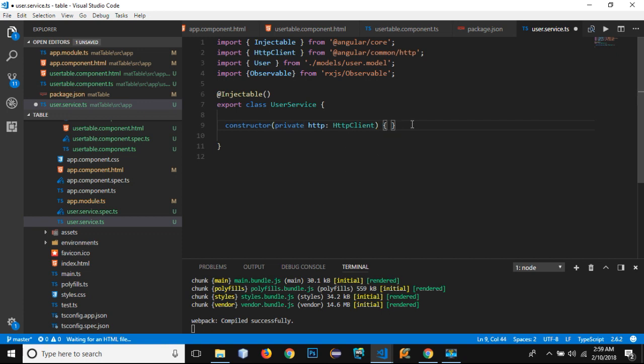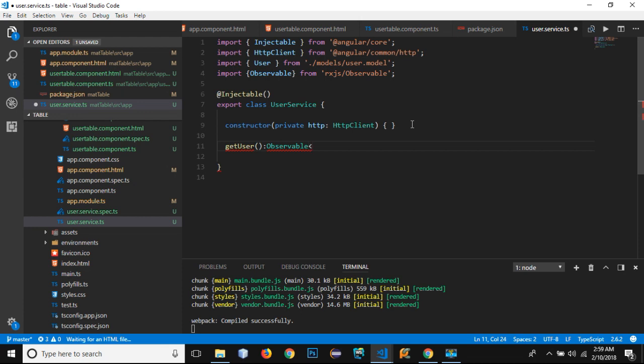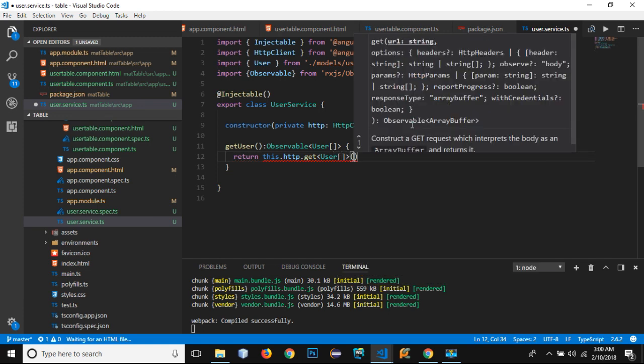and after that let's create our get user observable, and that will take an array of users, and it's going to return me this.http.get of type user array. And within this function